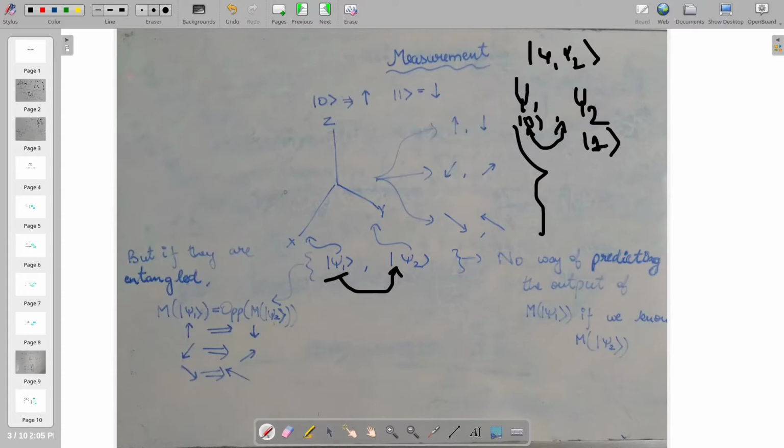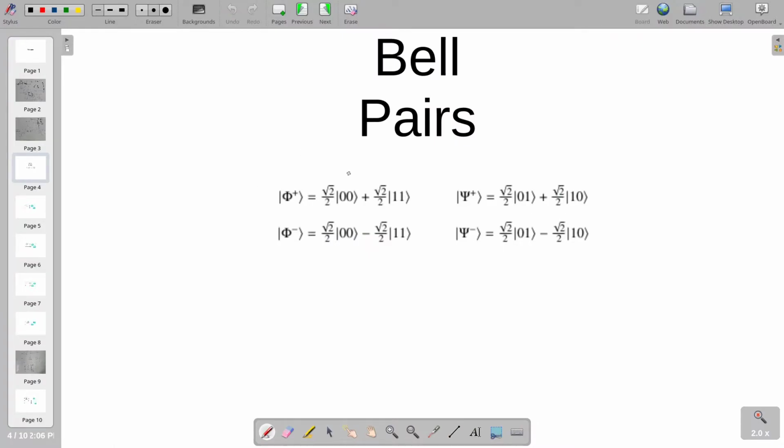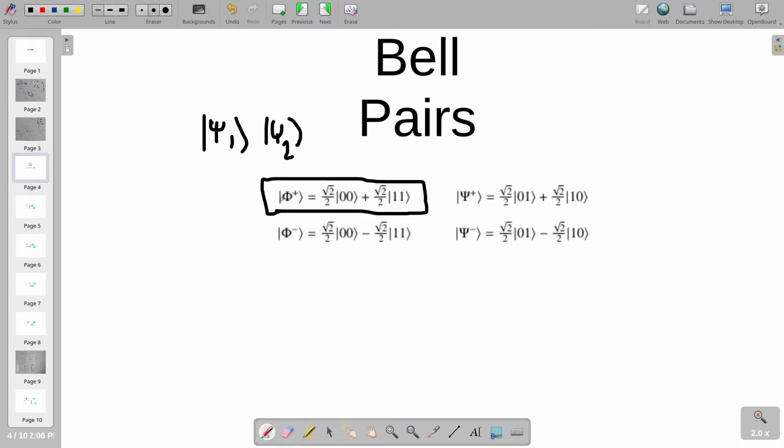Moving the discussion further, I mentioned in the previous slide about Bell pairs. Bell pairs are nothing but two-qubit entangled pairs. So if I have omega 1 and omega 2, which is a two-qubit system, then these are all the possible entangled pairs we could obtain. Just have a look at the values. This one says that when measured, this qubit has a 50% probability of being in state 00 and a 50% probability of being in state 11. The same goes for this: it has a 50% probability of being in state 01 and a 50% probability of being in state 10.